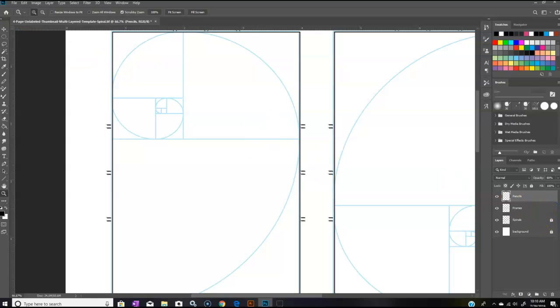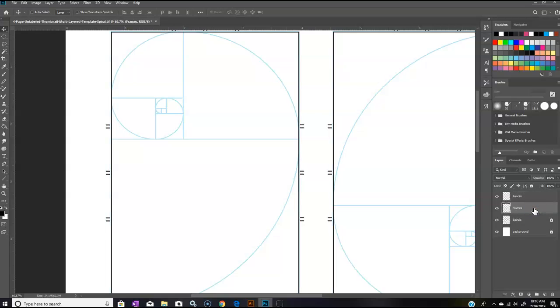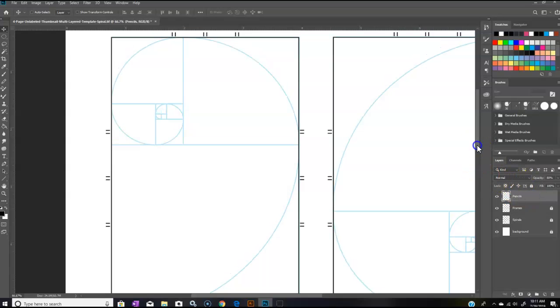I'm going to take my frames here, hit my move thing, and just tap. Tap, tap. Okay. That looks almost dead on. And then I'm just going to lock that back up again. Okay. Now they're dead on. Okay, now